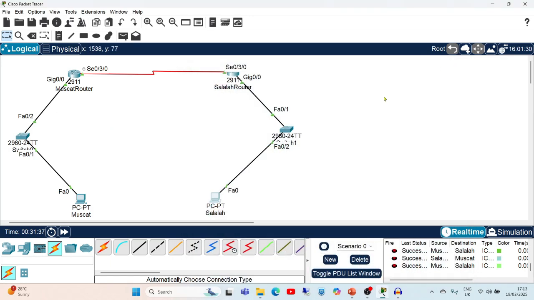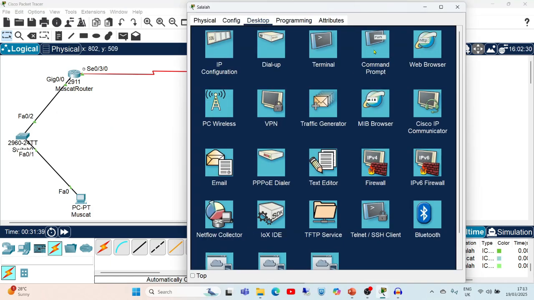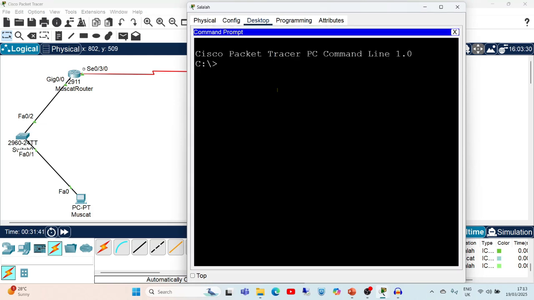For that purpose you have to double click on the PC. Again you will get the command prompt option, and here you have to type the command ping. The ping command is used to check the reachability between two machines. So again, ping 192.168.1.2, which is nothing but the IP address of our Muscat PC. Just hit the enter key.